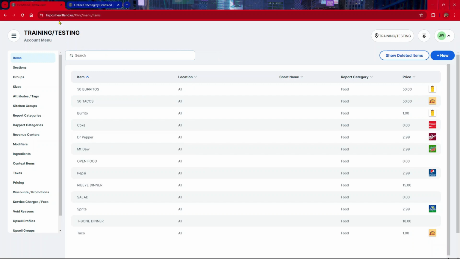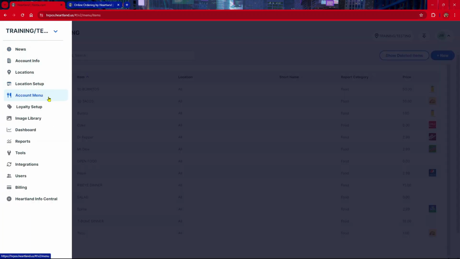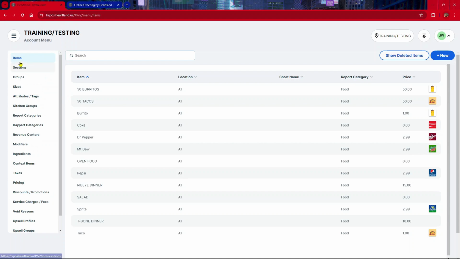here. You're going to go to the admin portal, which is hrpos.heartland.us. You're going to go to the menu here at the top left, and then account menu, and then items. We're just going to add one to the ribeye dinner. I'm going to click on ribeye dinner,